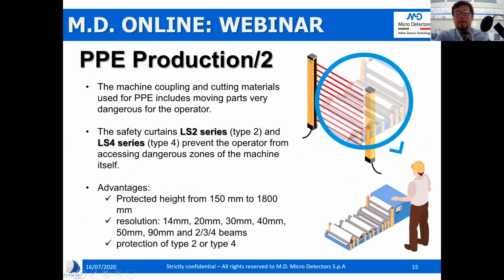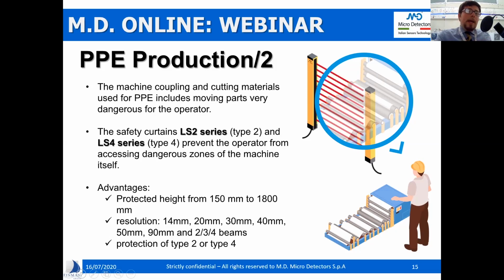Let's skip now to another interesting application we just solved. We are talking about safety issues at work. As you know, we're working with an automatic plant. There are often some moving parts, and these moving parts, if not managed well, if not managed in a way that stops the plant when an operator goes next to the plant itself, can create some dangerous situations.